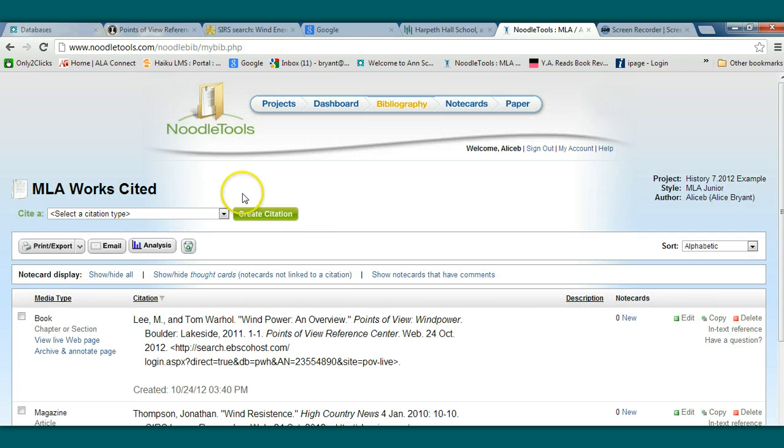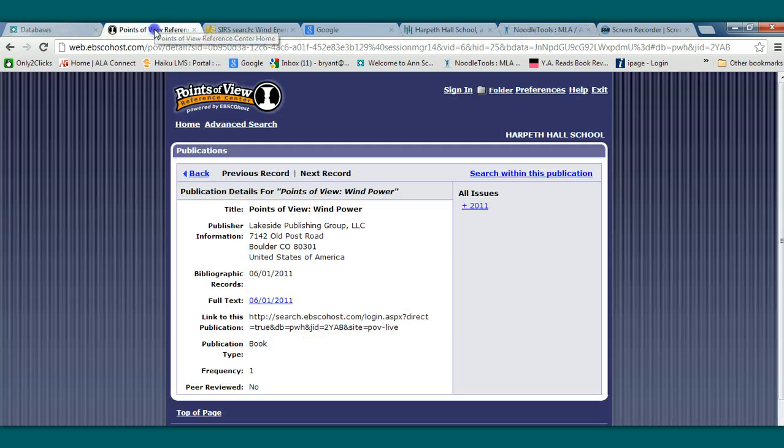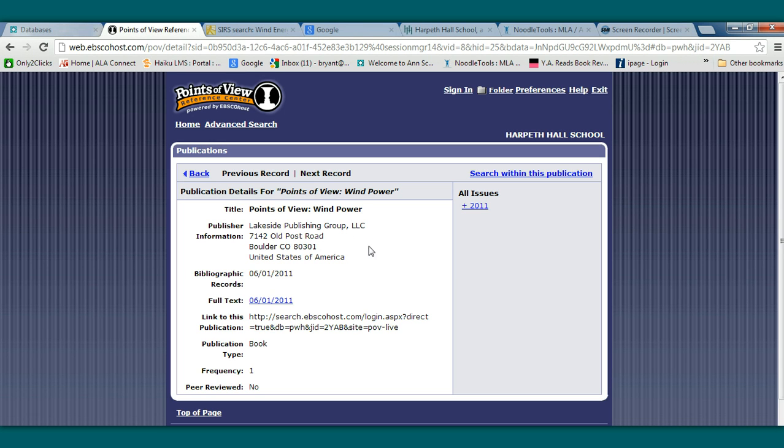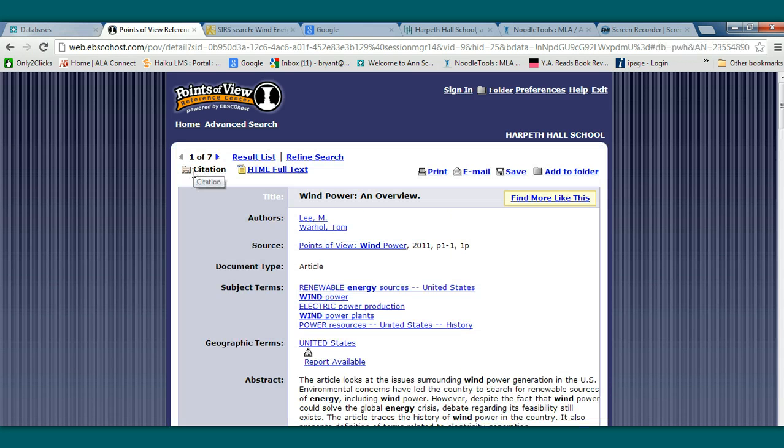I'm going to show you the article that we begin with from Points of View. The title of the article is Wind Power and Overview. It does have authors. The source is Points of View: Wind Power, and if you click on that, you'll get some more information about the source. It tells you that the publication was originally a book, published on June 1st, 2011, and the title of the book was Points of View: Wind Power. But we're going to cite the specific article called Wind Power and Overview from